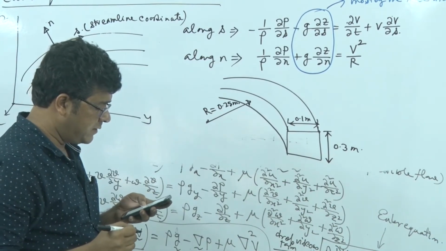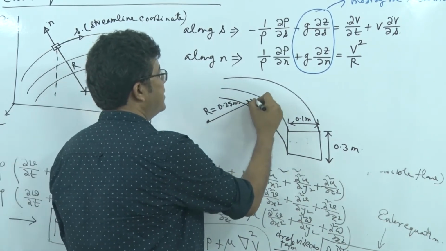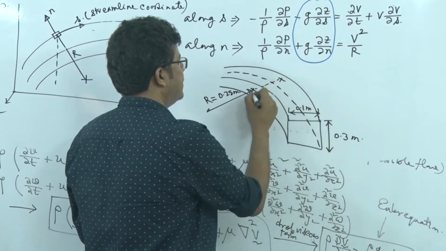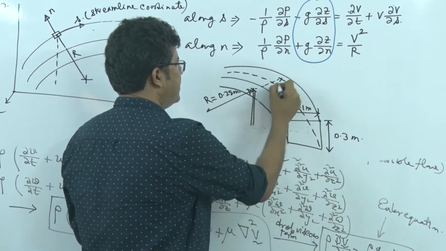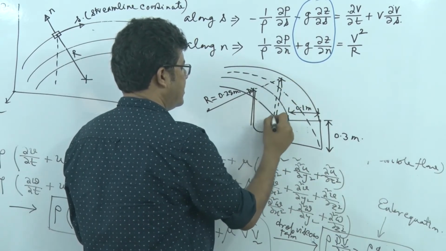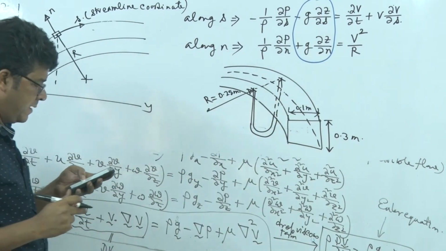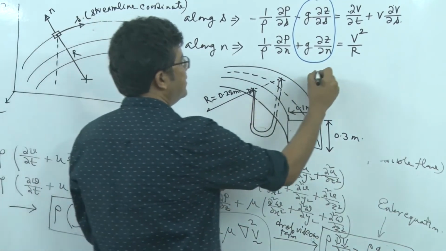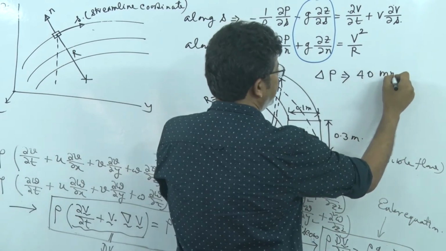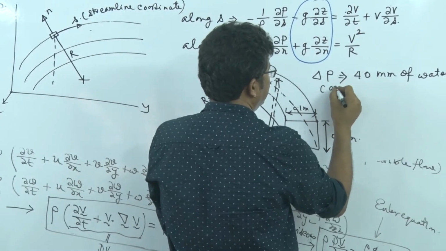If the measured pressure difference between the pressure taps, so pressure taps are where? Here, and another is on this wall, here. So here we have attached, let's say, a manometer along a specific radial direction, and the delta P is equal to 40 millimeter of water, and air is flowing here.